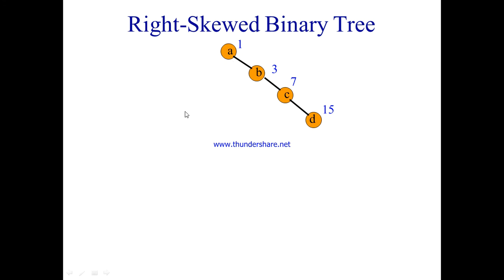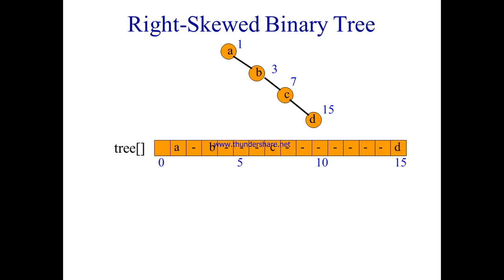So like this we are going to represent, no left child. So if I don't have left child, so what I have to take? I have to take it as empty, right? So how I am going to represent? So 1st position is A. So left child, it should have what? 2, right? But left child doesn't exist, so 2 is empty. Third position we have B. Okay, then for the next level, the left child 4, 5, 6 doesn't exist, so 4, 5, 6 we are not placing, and 7th place we have what? C, so that will place, and remaining again 8, 9, 10, 11, 12, 13, 14 doesn't exist, and the last one is what? 15. So we'll be having.